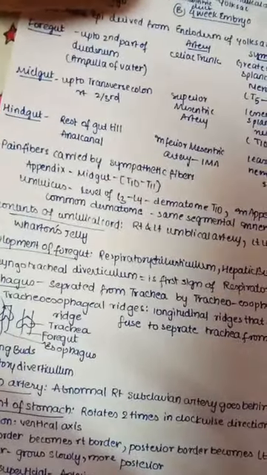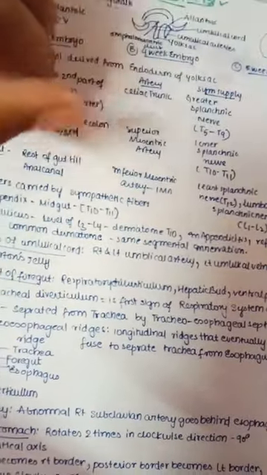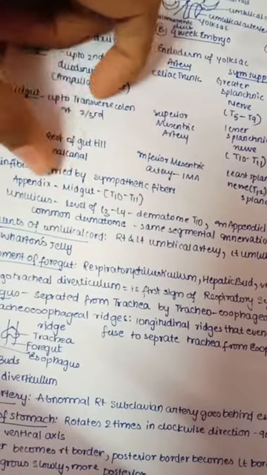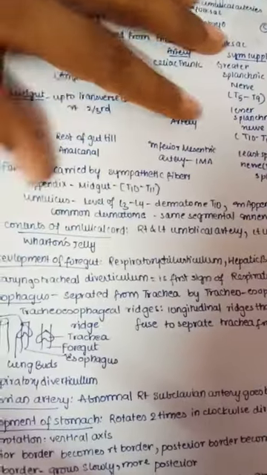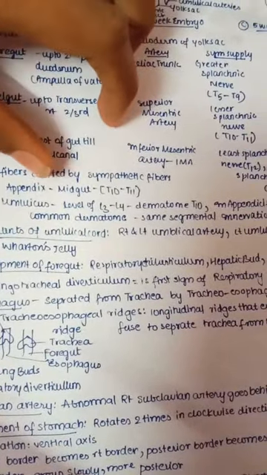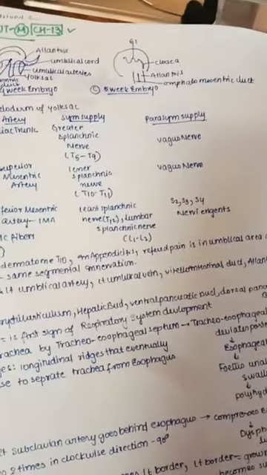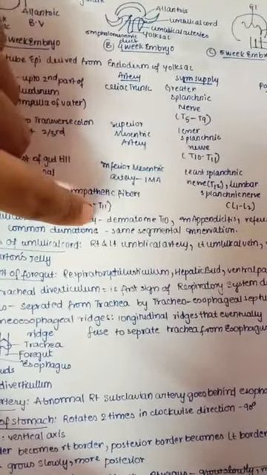As we study the sympathetic supply, the pain fibers are mainly carried by the sympathetic fibers, and the appendix is also a part of midgut, supplied by T10 to T11. The umbilicus is at the level of L3 to L4, and its dermatome is T10, and in appendicitis the referred pain is in the umbilical area due to the common dermatome and the same segmental innervation.